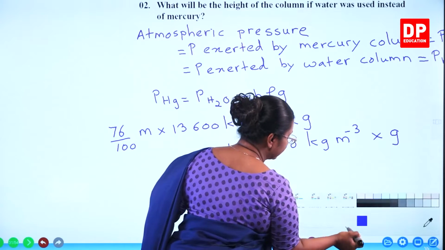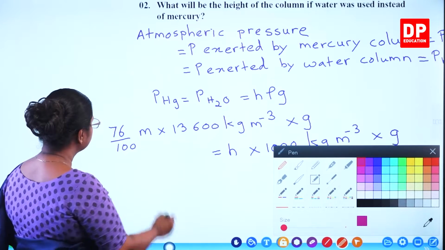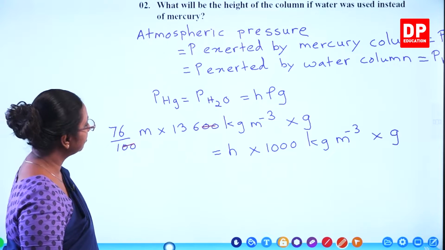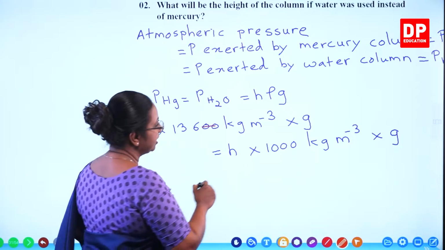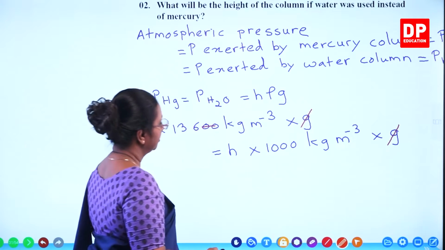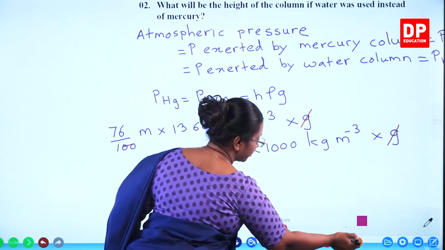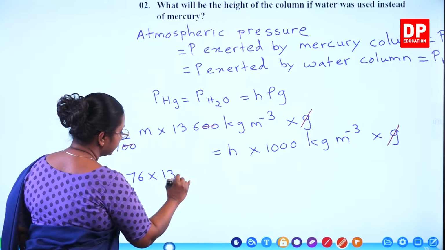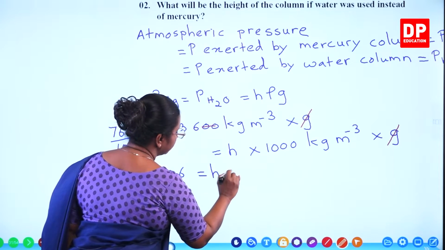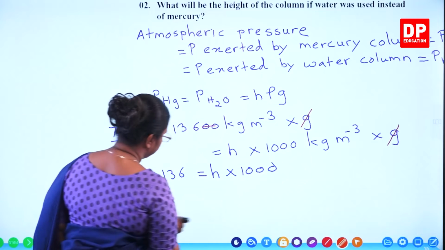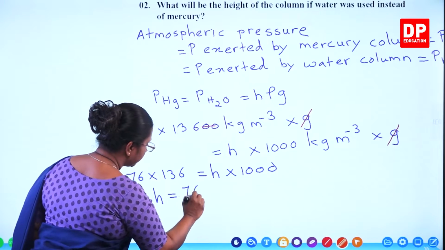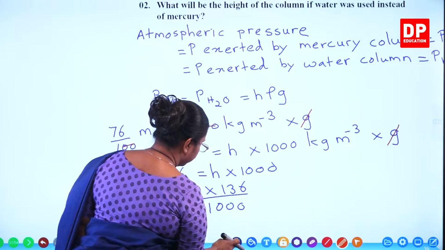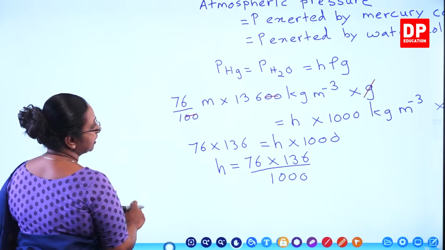Here we can simplify this equation further. I can cancel off the zeros. So here we have 76 into 136 into g, but g also can be cancelled off. This is how we get the equation: 76 into 136 will be equal to h into 1000. So h will be equal to 76 into 136 over 1000. If we do this calculation,